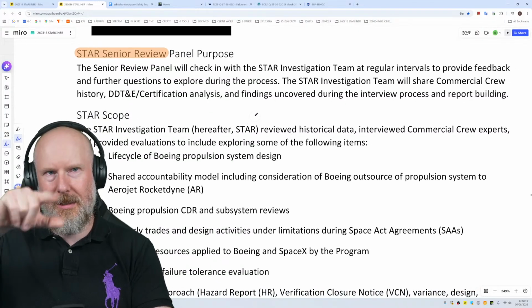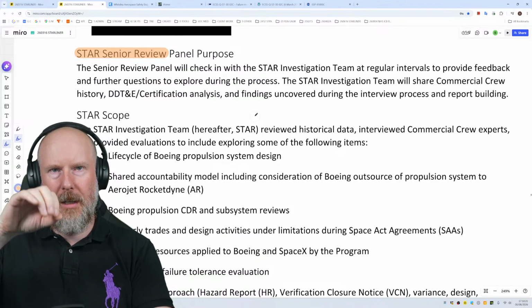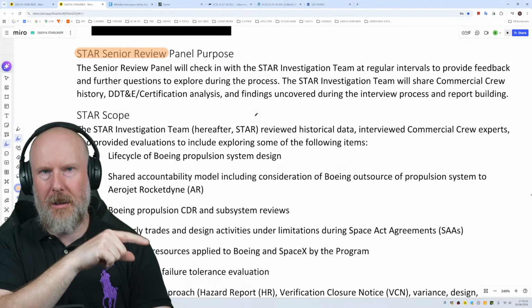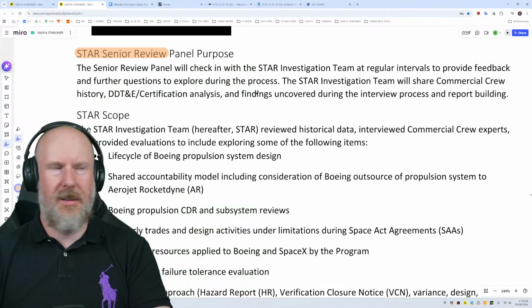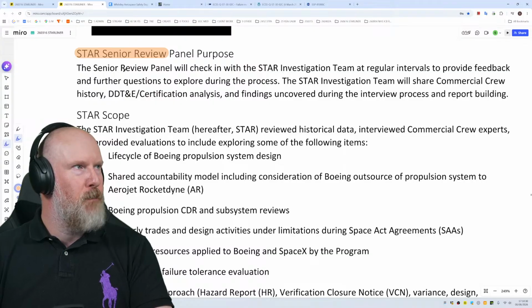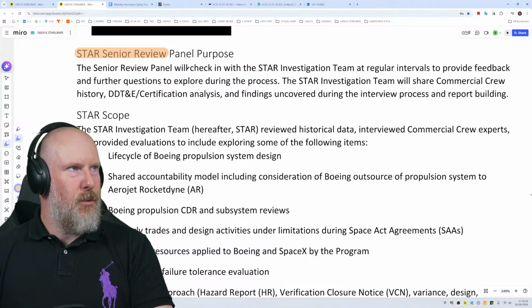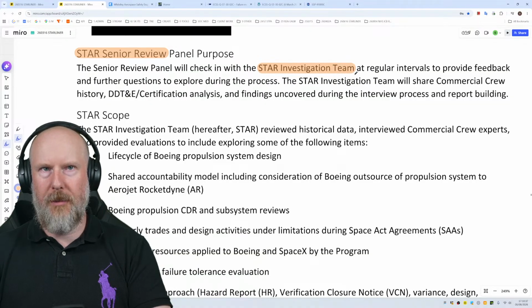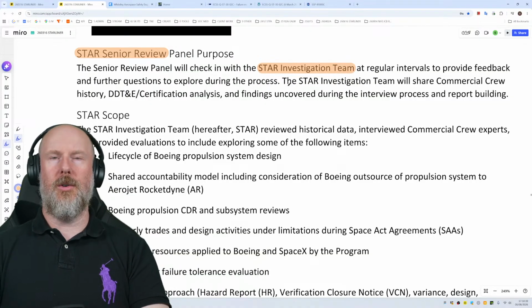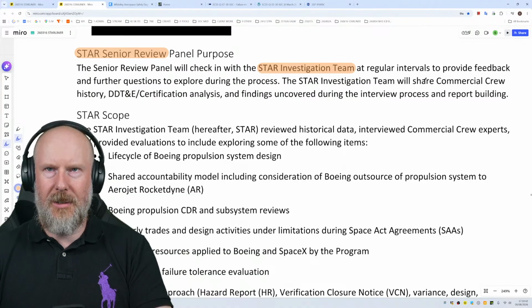And also the PIT, the Propulsion Anomalies investigation that this report is a part of, was also supported by the STAR Senior Review Panel. The Senior Review Panel will check in with the STAR investigation team at regular intervals to provide feedback and further questions to explore during the process. The STAR investigation team will share crew commercial history, DD&T certification analysis, and findings uncovered during the interview process and